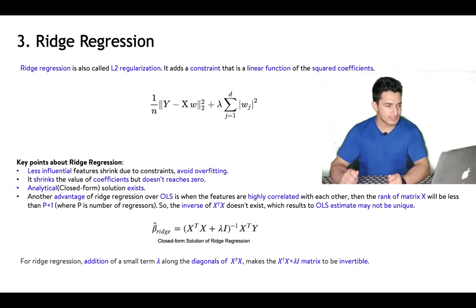And another advantage of ridge regression is that the analytical solution is more stable. The reason is that in case of high correlation, the feature matrix X may have a rank less than P, which is the number of regressors. So in that case, the inverse of X transpose X won't exist. So the inverse of the matrix doesn't exist, and that will result in unstable coefficients. But in ridge regression, because of this added penalty, lambda I also gets added. Since the matrix inverse will exist, we get more stable betas. And this value of lambda can be cross-validated, that is, what is the right penalty to be added.